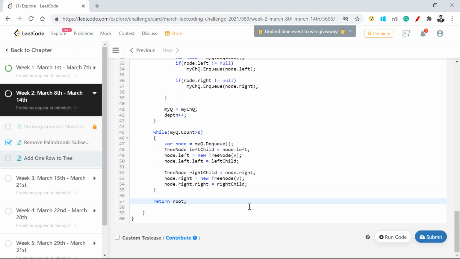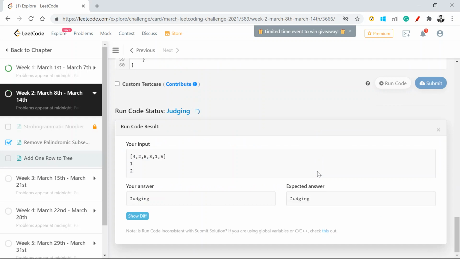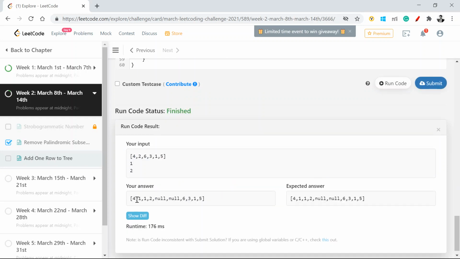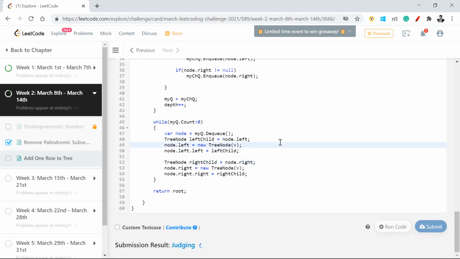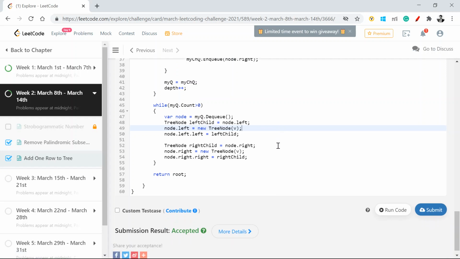Now once I reach that layer, I'm going to play with the child nodes, making the new child nodes the value which is given to me, and the grandchild of that will be the original child which was there, right? That might sound confusing, but if you follow this code, just pause the video here and look at it. I think you will be able to pictorially see what we're trying to do here. So let me go ahead and run this and see what is happening. Okay, I think I got the expected results. Let me submit it. It got accepted. So this is it, guys.